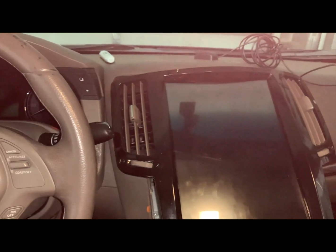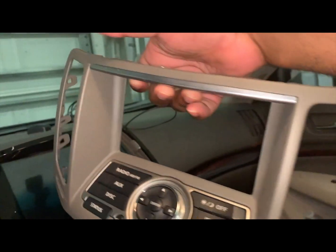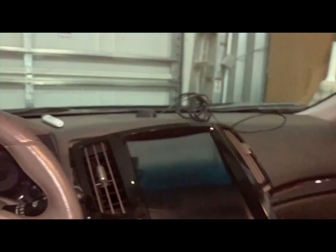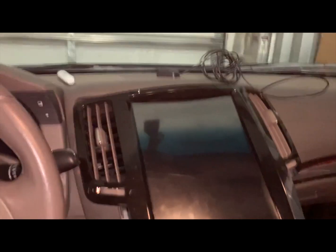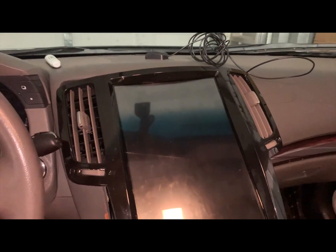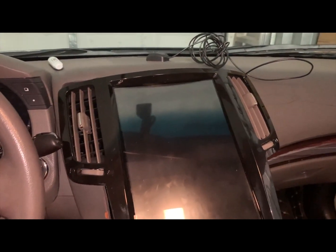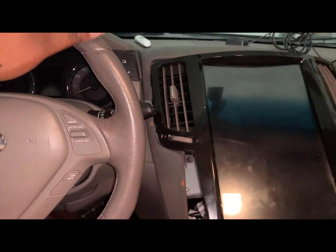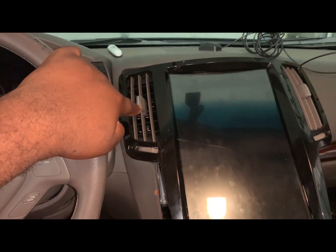Another thing that you're gonna need to remove from your old unit too. So you see this piece, it's gonna have the AC vents in here. Take them out, pop them in here. Because I'm doing a black conversion of my interior, I'm leaving the seats in beige, but because I'm gonna do the dashboard in black and I'm gonna get a new steering wheel, all that stuff, this is gonna be in this ugly